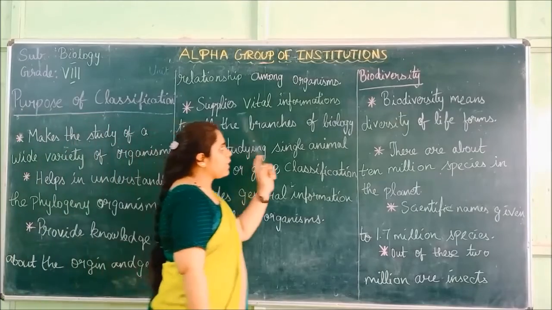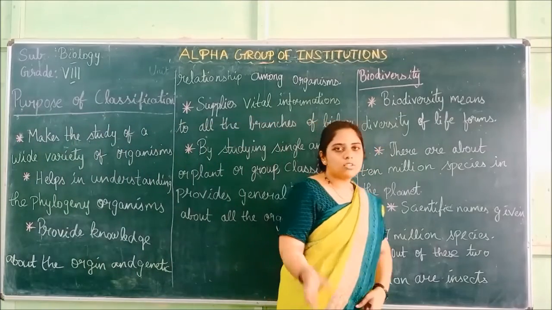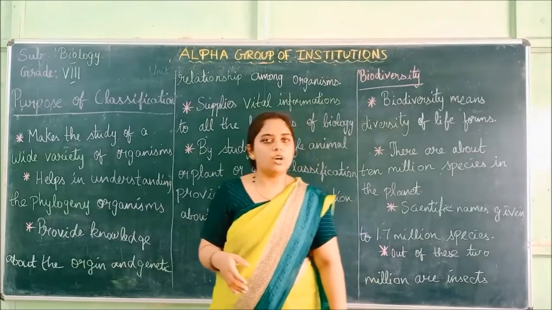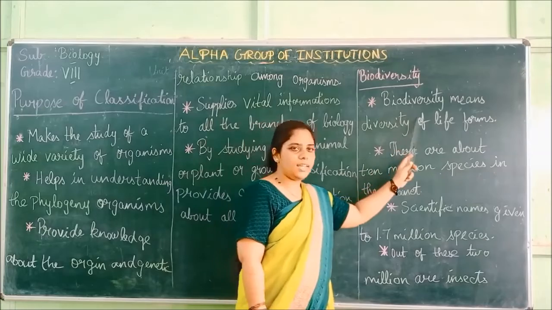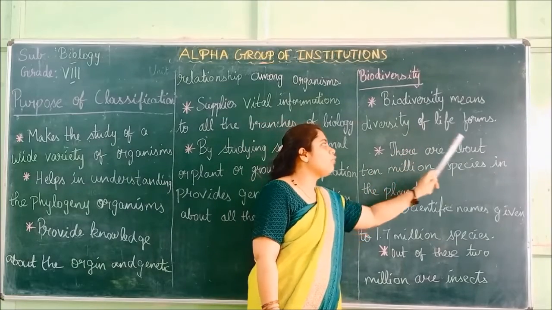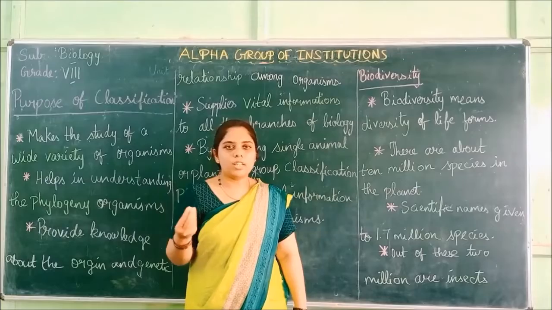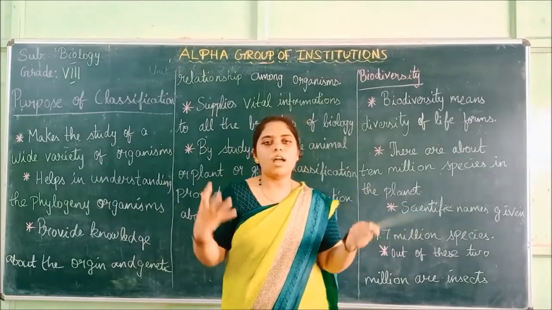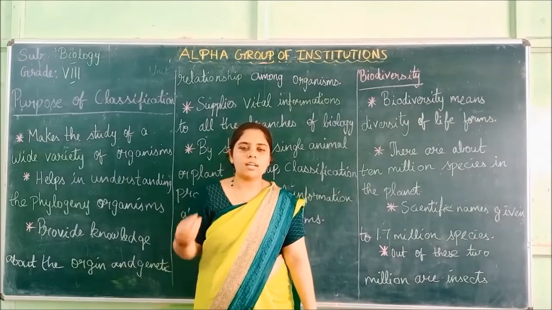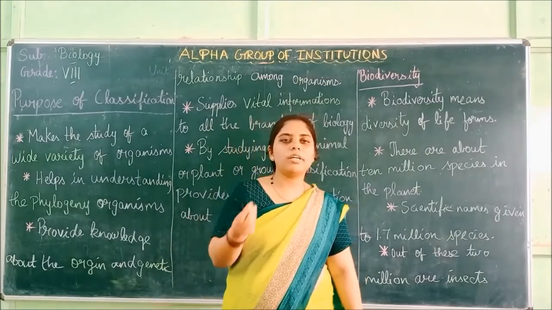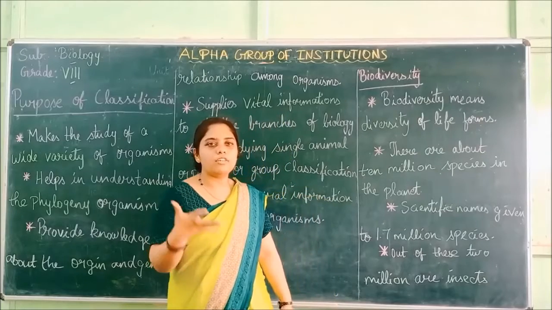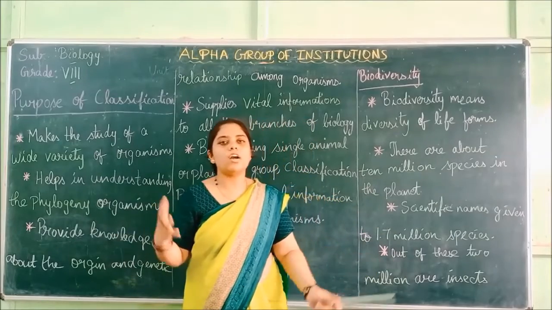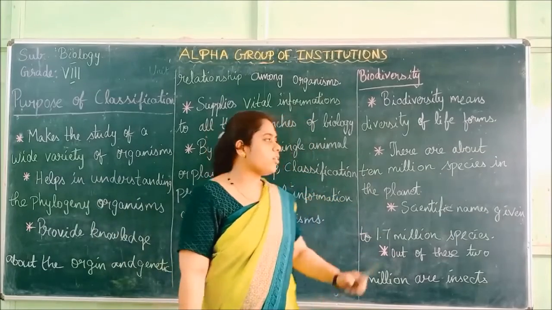The next topic is biodiversity. So this is not a new term to you. You have already learned it in your lower classes itself. So biodiversity means diversity of life forms. If you take the earth, you can imagine how many different organisms there are, how many different insects, how many different animals, how many different plants. So there is a diversity of living forms. So that is what is called